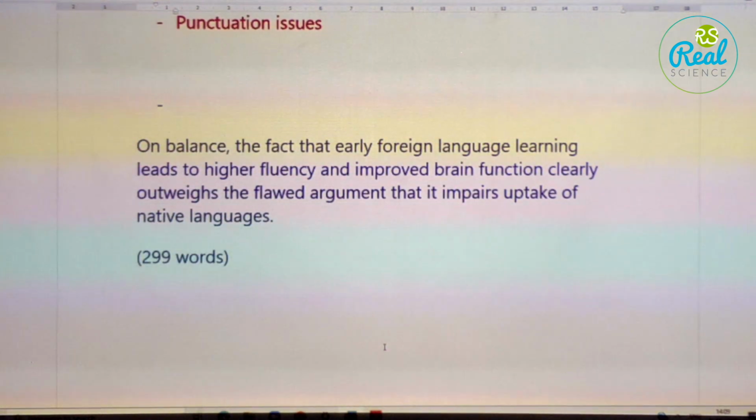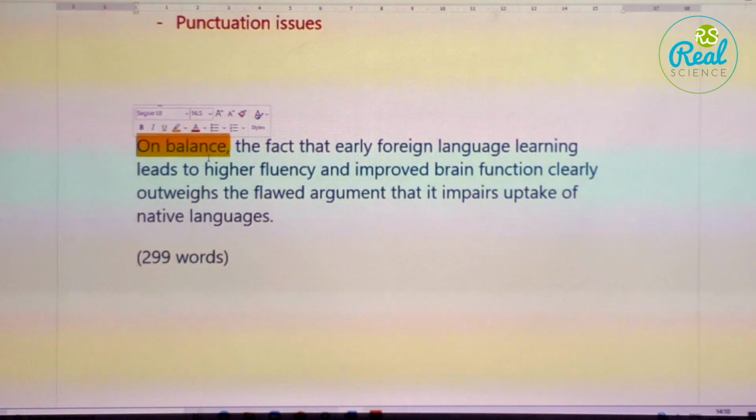So now the conclusion. The first words, on balance. Is it allowed? On balance is not suitable. Please do use the correct starters for the conclusion. The same applies to B1 and B2. I know you want to be unique, but the uniqueness should have its own limits.